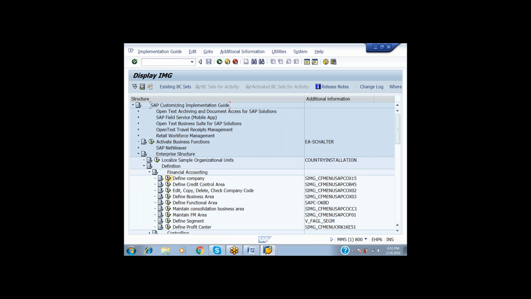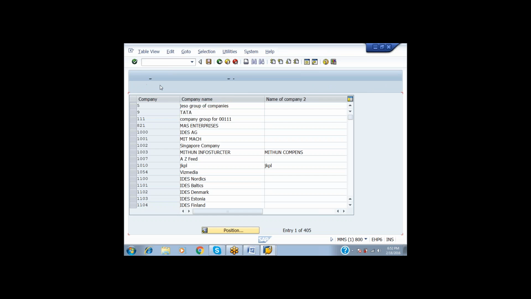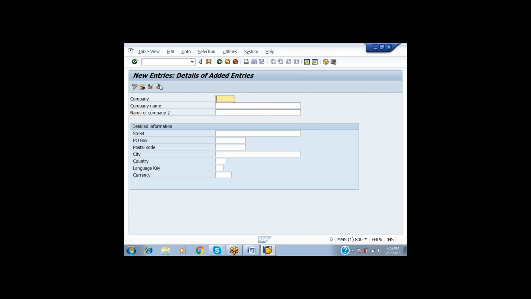And the first is define company. Select new entries. What is the company you want to manage? The company is a group, or the combination of all the business activities that come under a company, and it can be a maximum of 6 alphanumeric characters. What do you want to put for your maximum of 6 alphanumeric characters? Here I am giving, let's take, Bosch, which I am saying is Bosch Engineering.